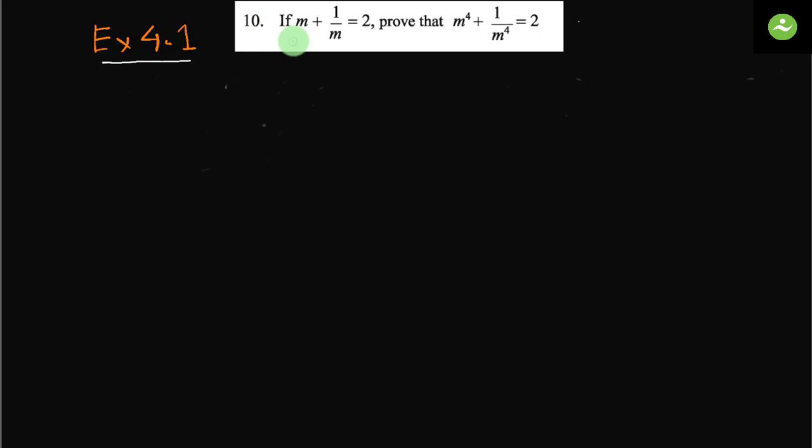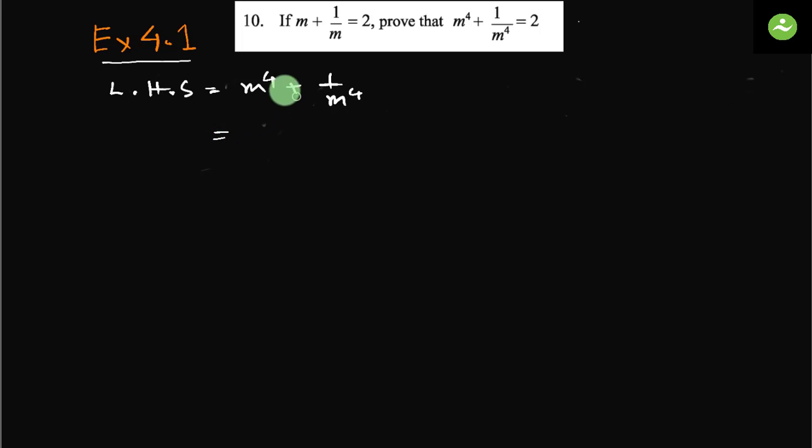Math number 10. If m plus 1 by m equals 2, prove that m to the power 4 plus 1 by m to the power 4 equals 2. We have to prove that this side equals this side. So let's write left hand side equals m to the power 4 plus 1 by m to the power 4